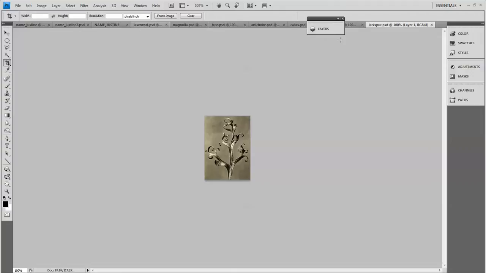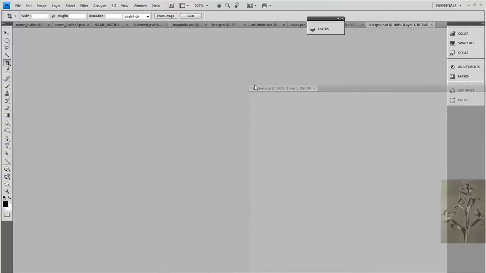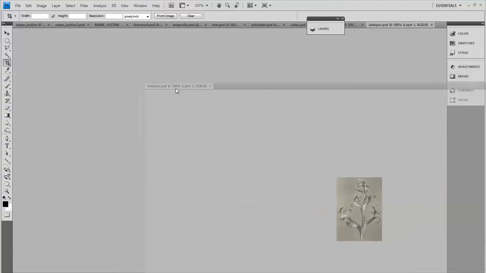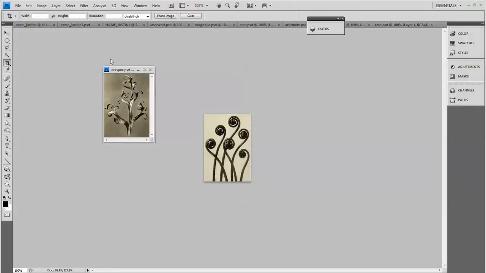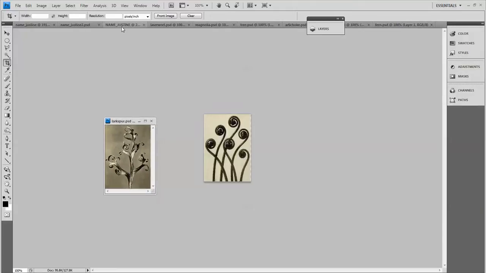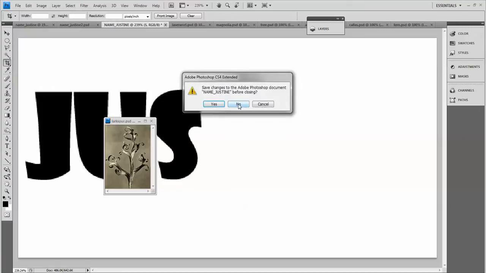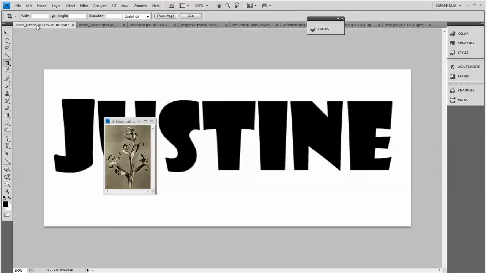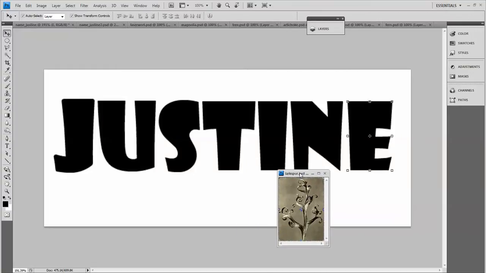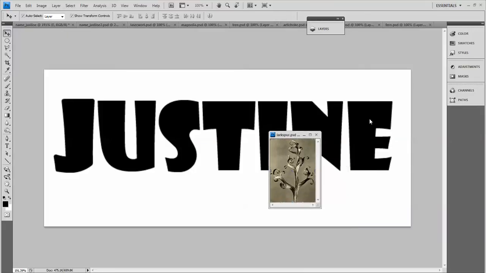So I'm going to take this first one, the larkspur, and I'm going to separate the tab by dragging it to the side. I'm going to go back to my name. Oopsies, that's my old one. I'm going to delete that. Here's the one I want. So I'm going to take the larkspur, and what letter do I think that would look good in? I actually think it'd look pretty good in the E. So I'm going to click on the E with the Move tool so it's selected. I'm going to take the larkspur and drag it,